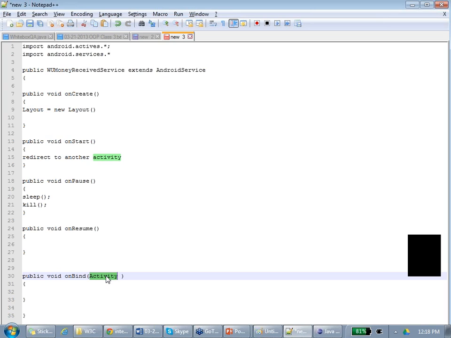Yes? No, you don't have to write. I'm just telling how a developer writes a program for you. So now tomorrow, what are you testing in Western Union? Oh, we used to have the Western Union money received service. So I tested the on create methods, making sure everything is running properly. Sometimes this on pause method never used to run. So when I paused that app, that program never ran. So I told the developer and the developer fixed this on pause method for this service.